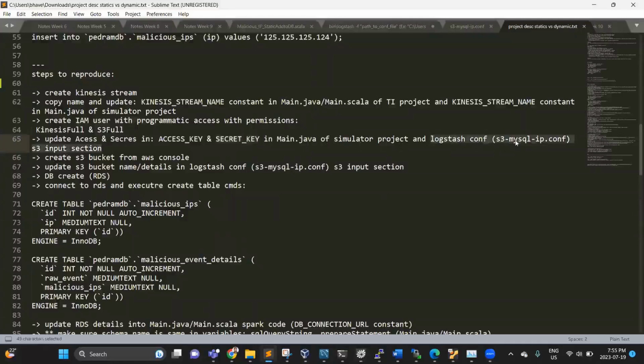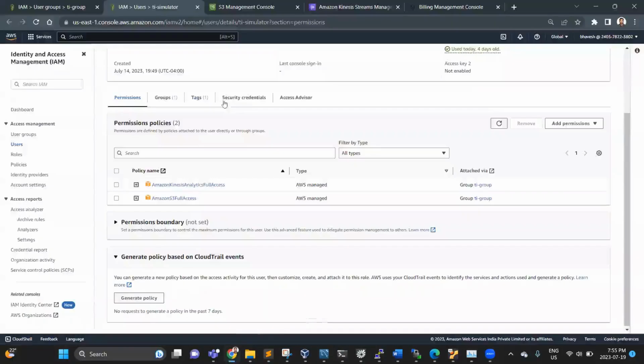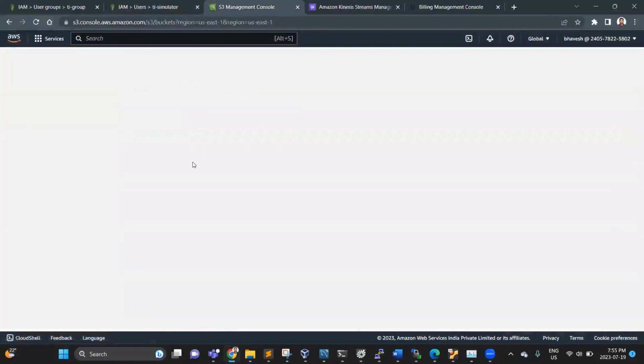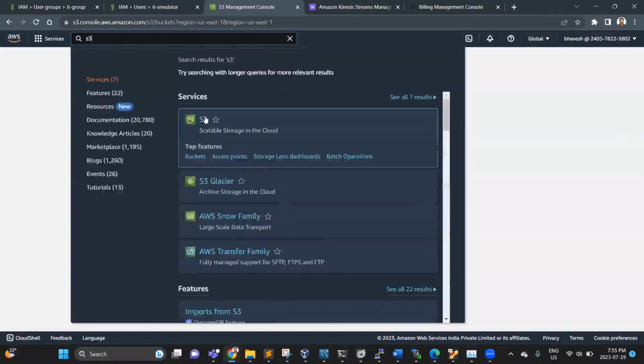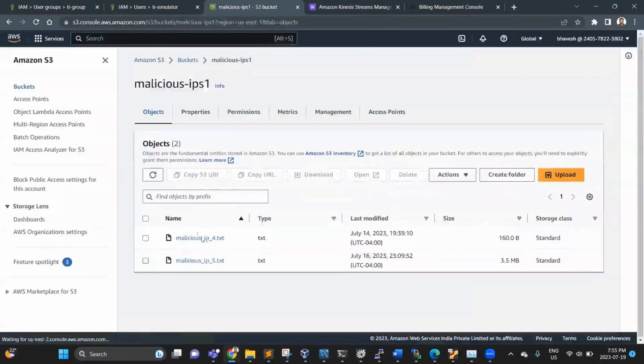And log slash config. Okay, so this is the configuration file that I've created. There is an S3 bucket, with the bucket name malicious IP1. I will show you that S3 bucket. This is our bucket, loading up. S3. This is malicious IP1, and I have attached